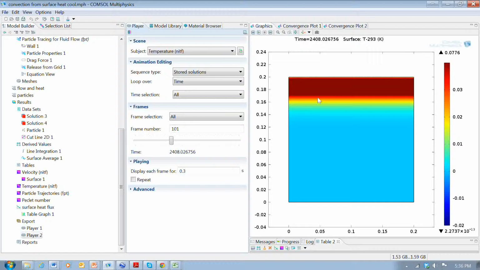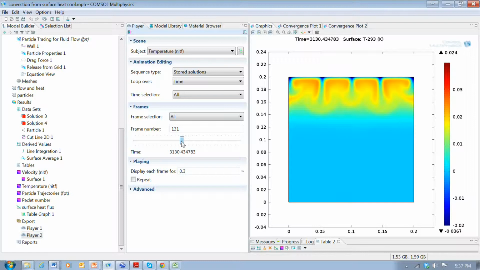While it's heating, it's stable. But then once cooling starts, and notice cooling starts right about here, we have to cool it for a while. Here we're at 2400 seconds, and then all of a sudden we have enough cooling to have a density contrast here, and the cool water sinks, and we get this characteristic downward flow, and then flaring out of